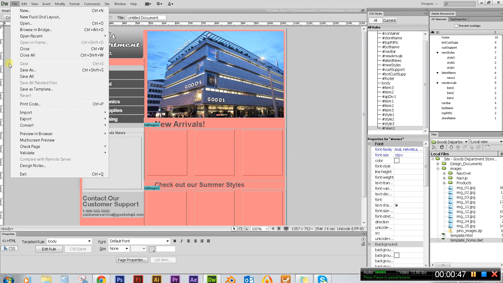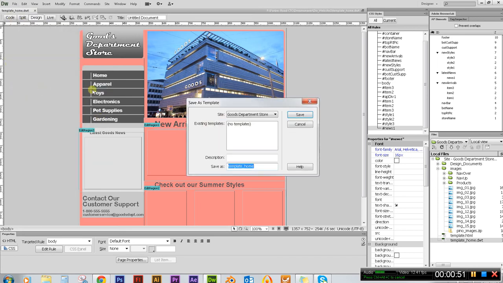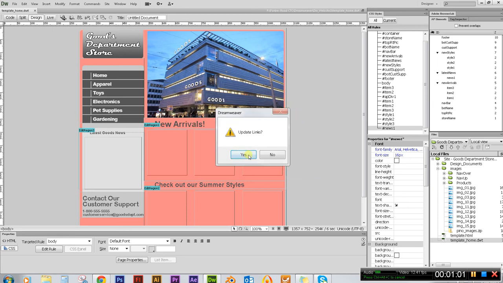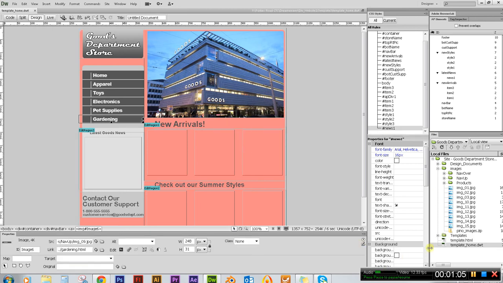Now if you just clicked on save, click on file again and go down to save as template, and I'm going to name this template underscore home. So let's go ahead and click on save, and then it's going to say update links. Go ahead and click on yes, and now you can see that there's a templates folder,